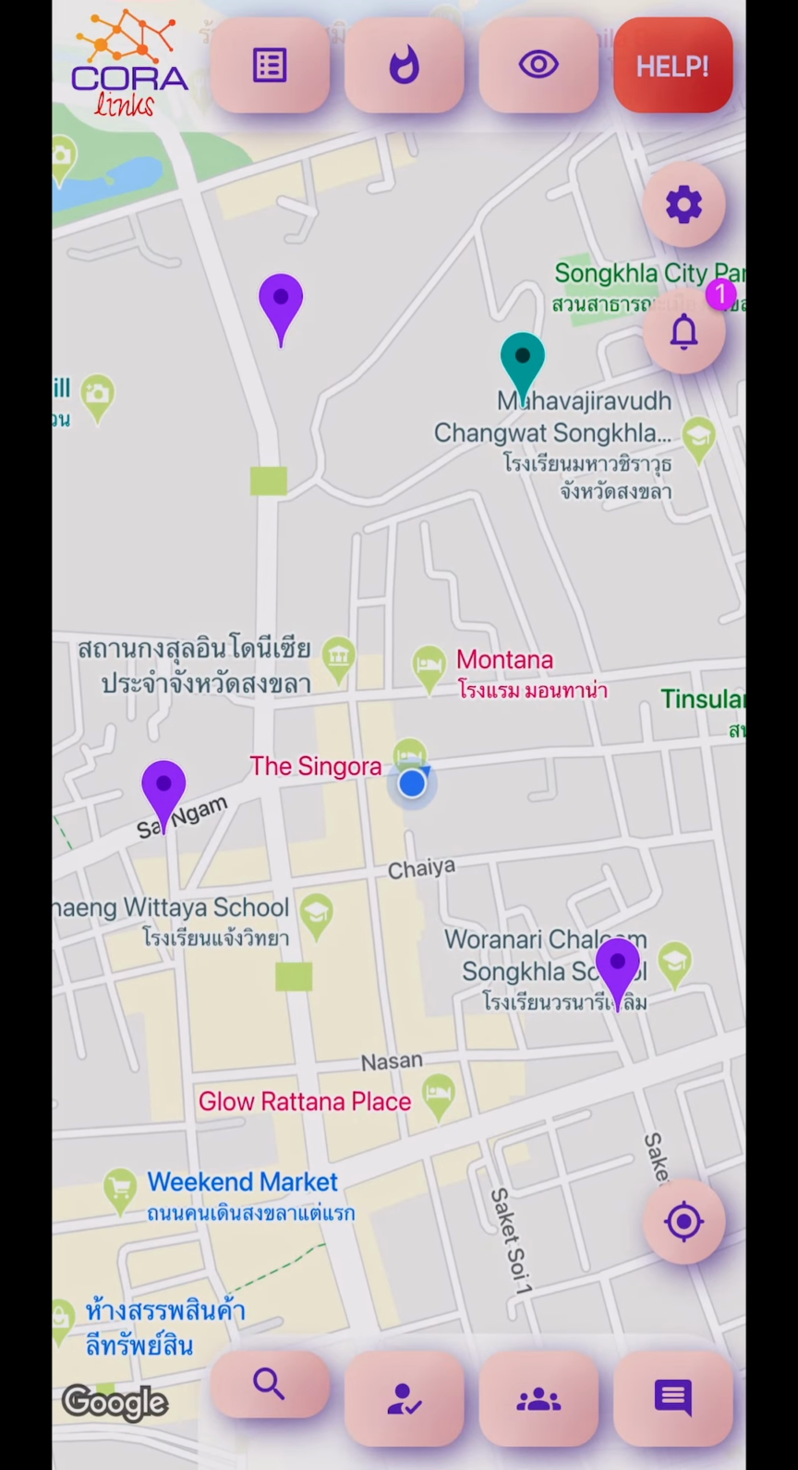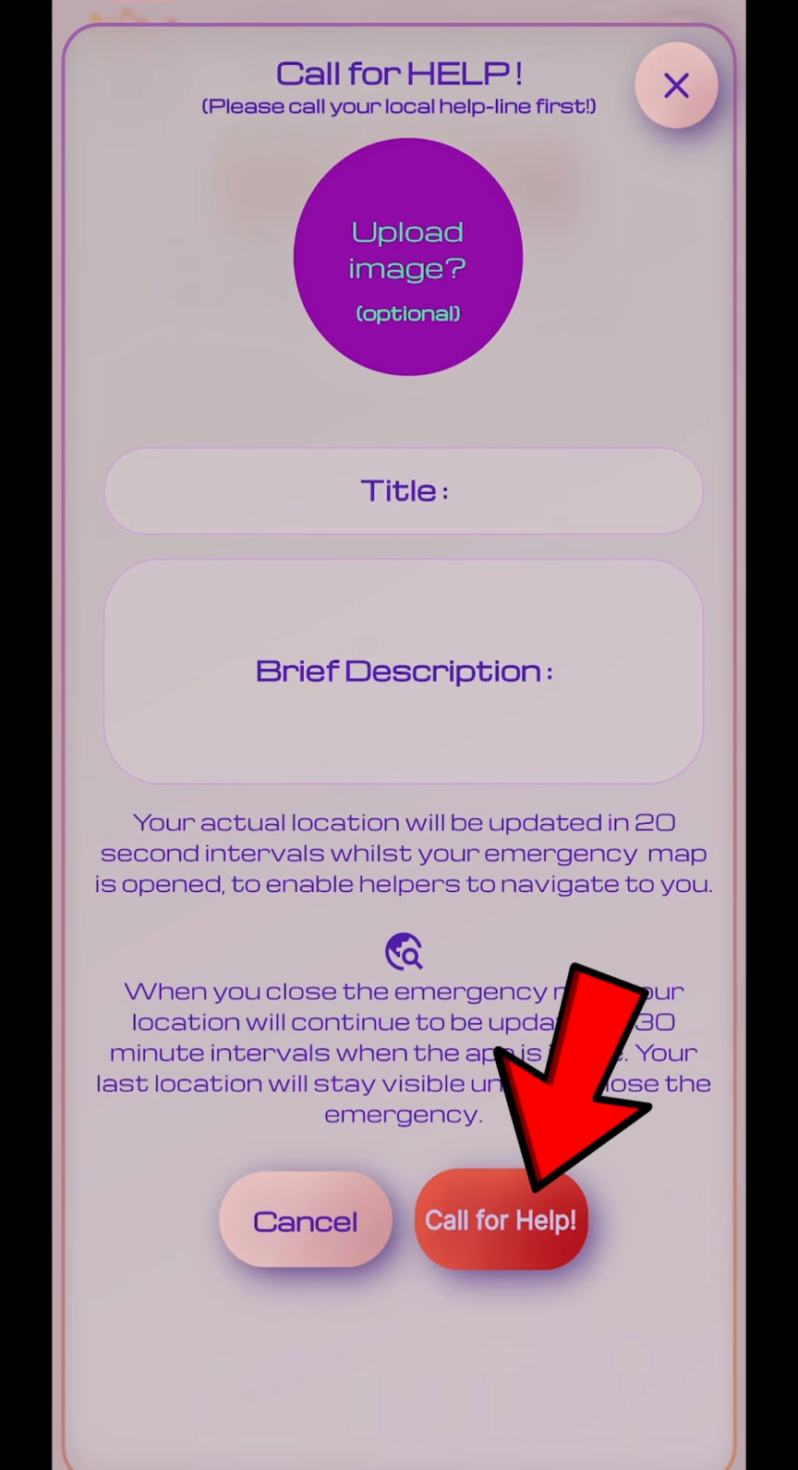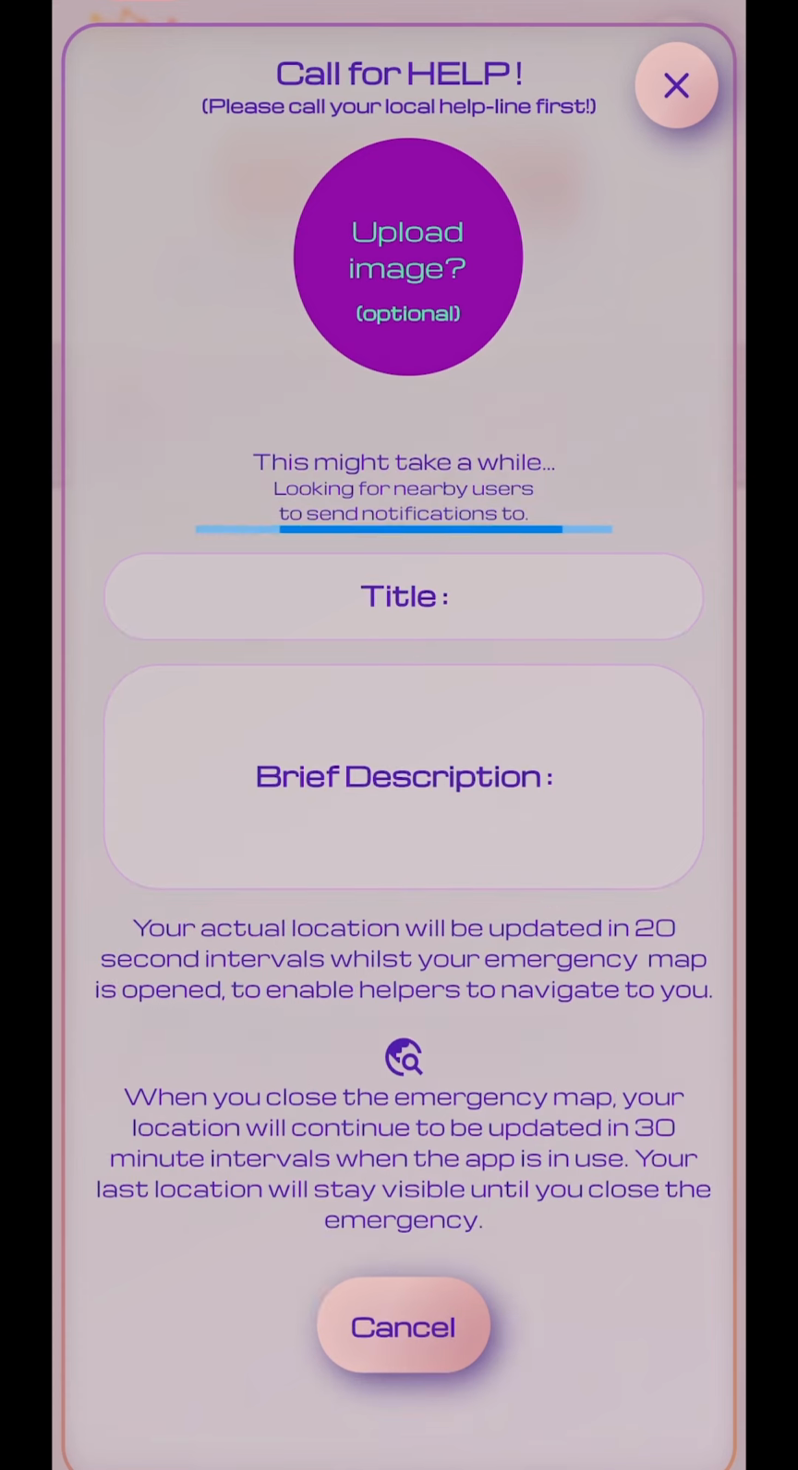Now, let's talk about what happens when you want to make a call for help in an emergency. So first thing you do is tap the Help button and then tap Call for Help. As you can see here, it's pretty similar to starting a group. The main difference is anyone can join this emergency event. Unlike a group where you have to invite people and they have to accept the invitation, anyone can join an emergency event. So let's just tap here, Call for Help, and you can see now our emergency event has been